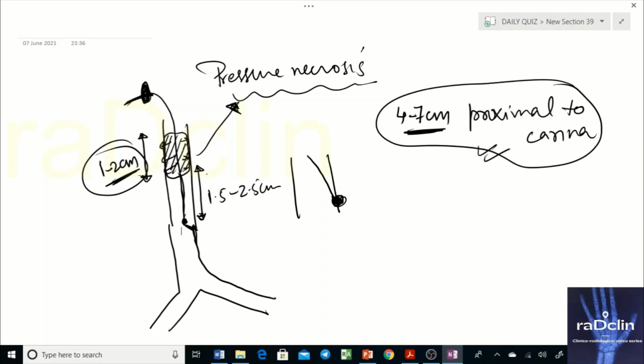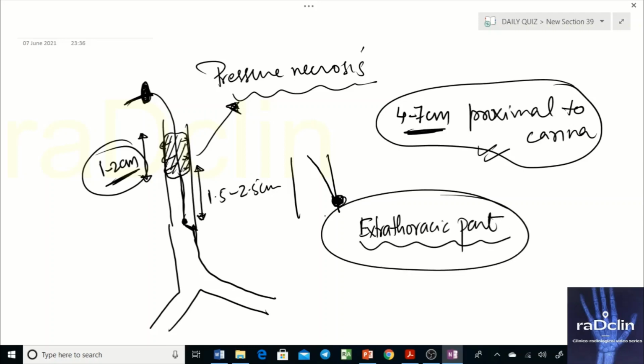So this means that this part where the inflammation is, it is in what part of trachea? Extrathoracic or intrathoracic? It is likely to lie in the extrathoracic part. Okay, so the extrathoracic part is there, and it will be a little bit longer. It will be around 2 to 3 centimeter or 1 to 2 centimeter longer inflammation. So the stenosis develops due to this particular pressure necrosis.